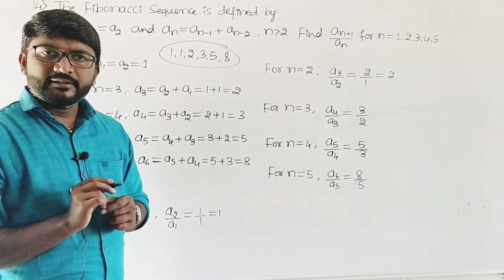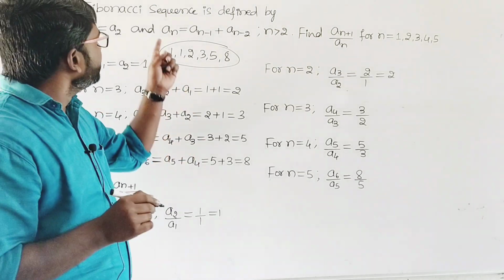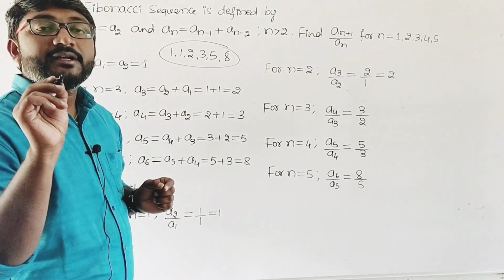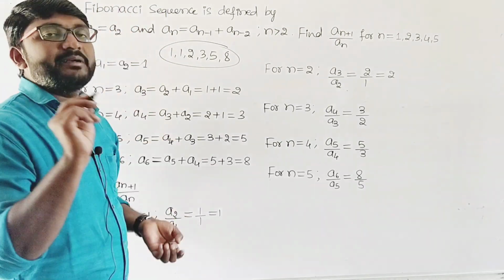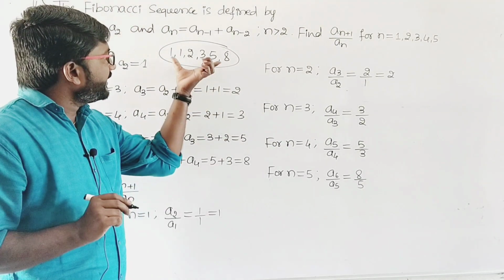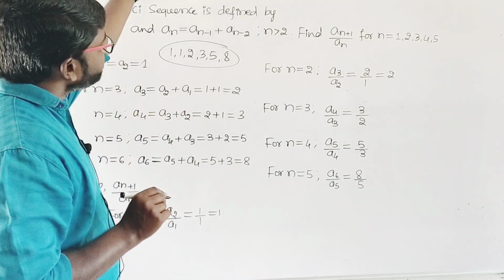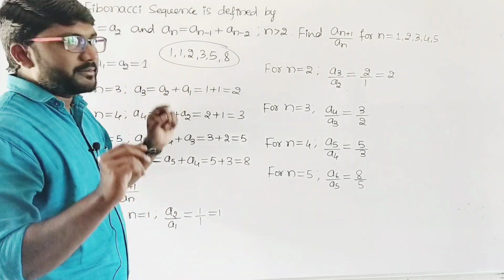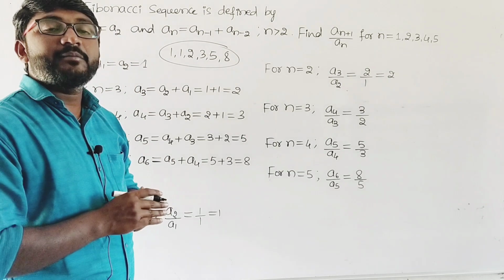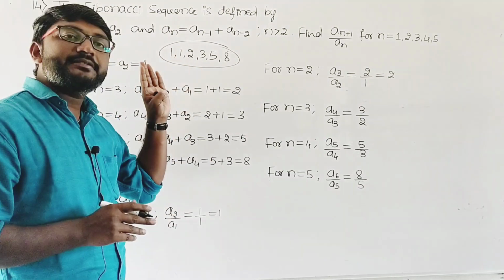So what is the meaning of this Fibonacci? Why here we have given this name? It is the Italian mathematician's name. So who has invented this sequence? So now here the next term, each number is obtained by adding the previous two numbers.